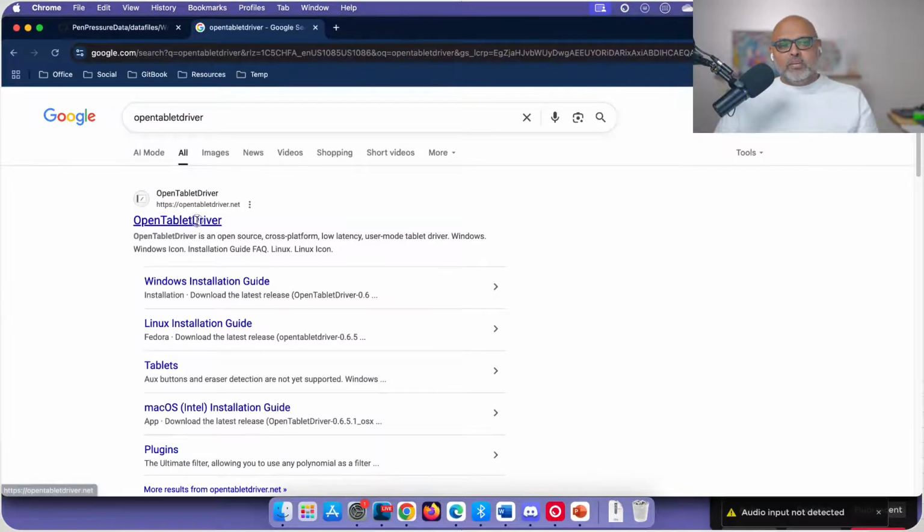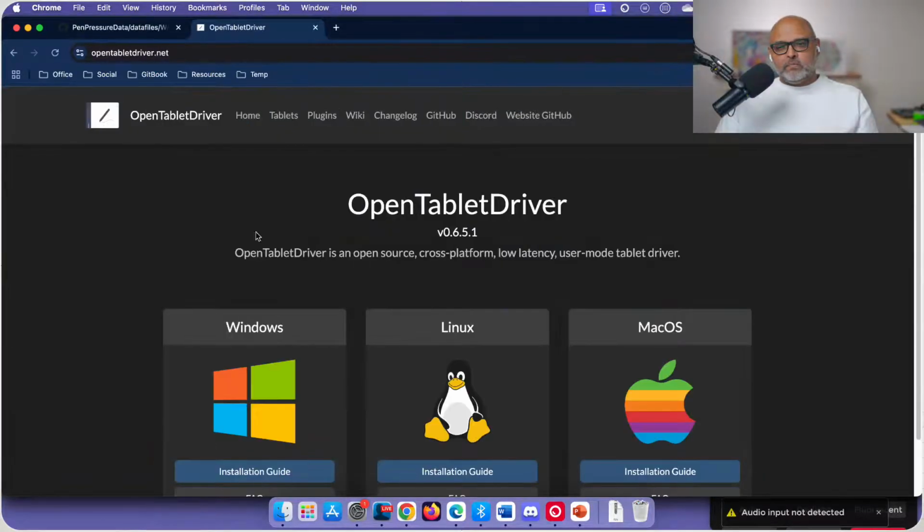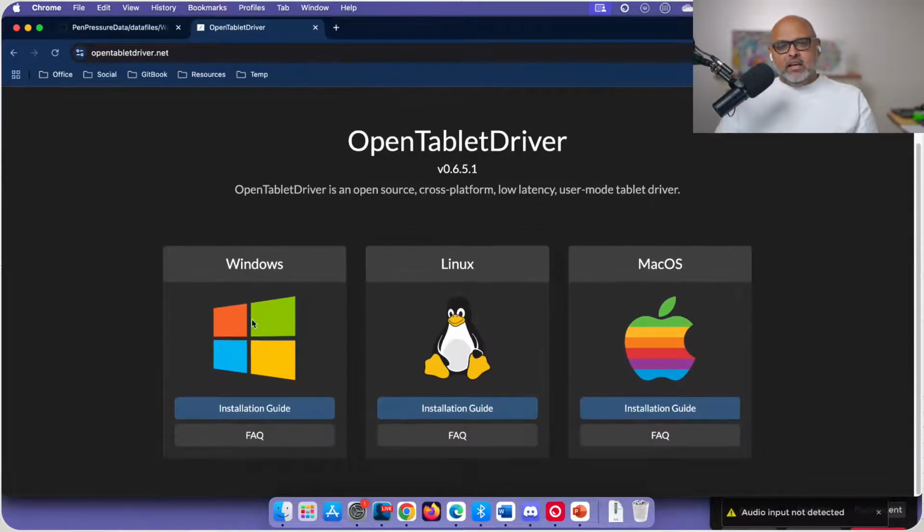There's a thing called Open Tablet Driver. Okay? And, especially on Windows, it takes a little bit of expertise to understand how to install. Overall, it's not hard. It's just, I wouldn't recommend it for the average person. But it's an open source driver. The source code's all there. It's compatible with over 200 tablets. Okay? And in fact,